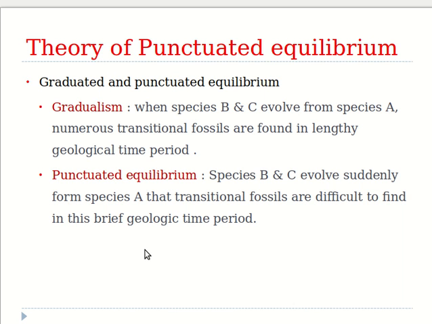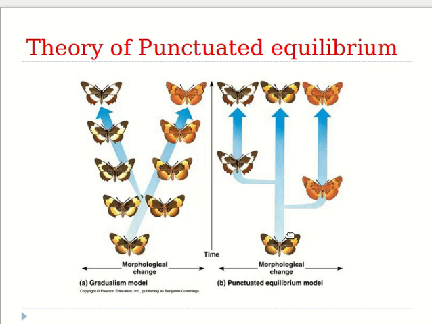Okay. So, here punctuated equilibrium says that the speciation is so sudden that intermediate fossils cannot be obtained. It is not because no fossils were preserved, but because there are no transitional stages at all. That is what Gould and Eldredge support. Okay. So, this is about the punctuated equilibrium, and there are a few examples of rapid evolution in animal